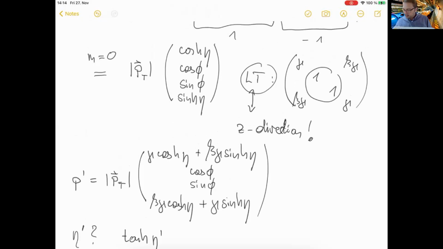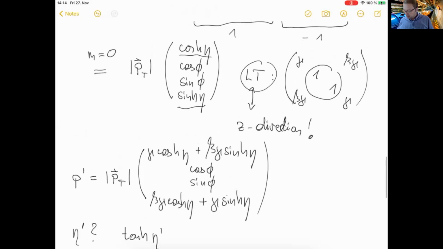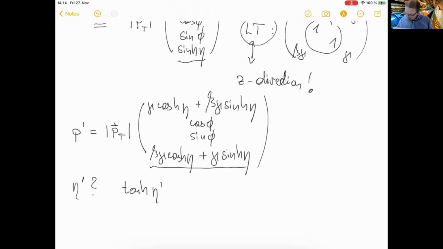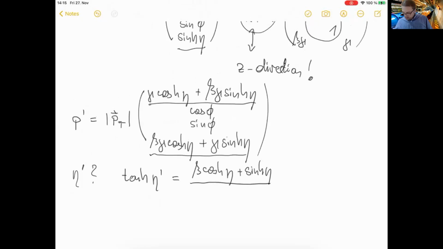It's the last component divided by the first component of the Lorentz transformed four vectors. So it is again the last component divided by the first component. And we see that the factor gamma immediately cancels out because it appears everywhere. So I do not write it. Instead, I write here the last line without the gamma is beta times cosine eta plus sine eta divided by the first line, which is